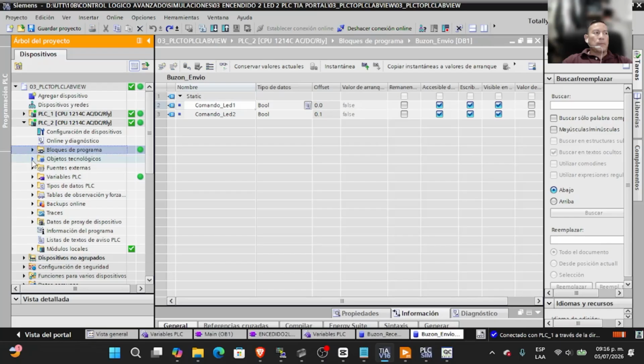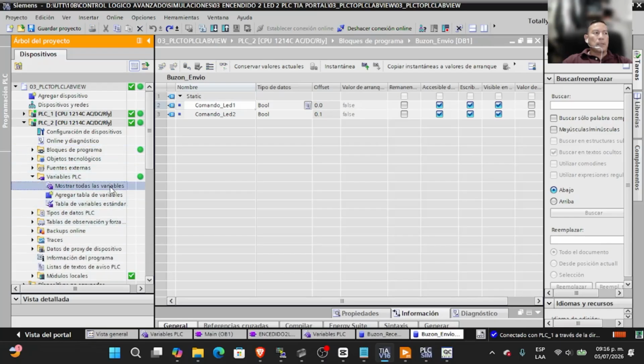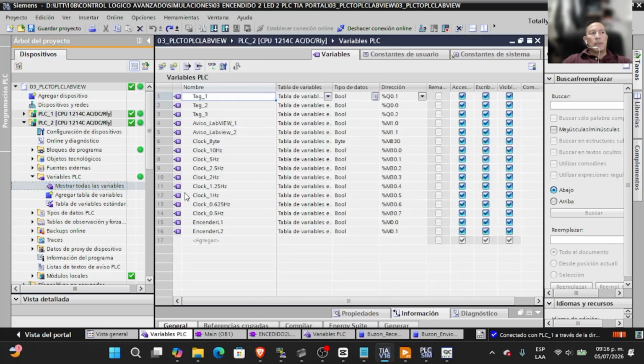The variables in the PLC variables are tag 1, 2, 3, aviso LabVIEW 1. The address is M1.0, aviso LabVIEW 2, M1.1, and the pulse of clock byte 10 Hz, 5 Hz,